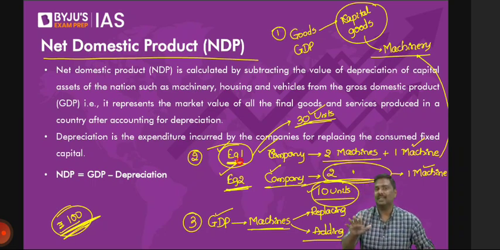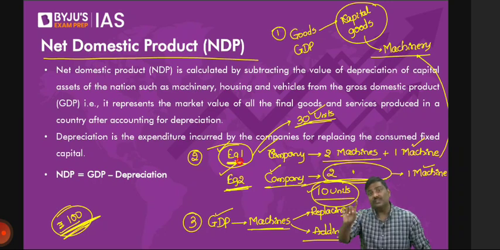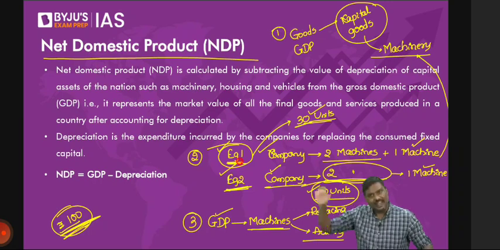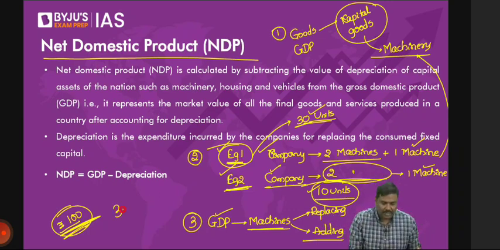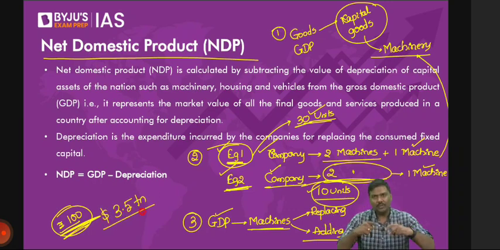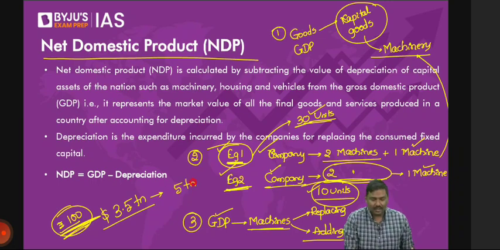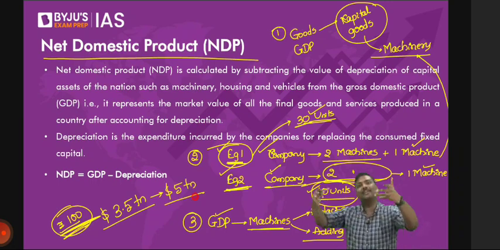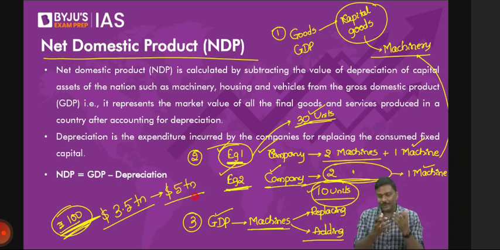The GDP data will not tell you how much of the goods that you produce is used for replacement of the capital, and how much of the goods you have produced has been addition to the existing capital. If India wants to move from $3.5 trillion, simple idea, to let's say $5 trillion, should you keep on replacing capital or add to the capital? At least now it should be very clear to you. If you want to move from 3.5 to the $5 trillion, you should not replace capital.